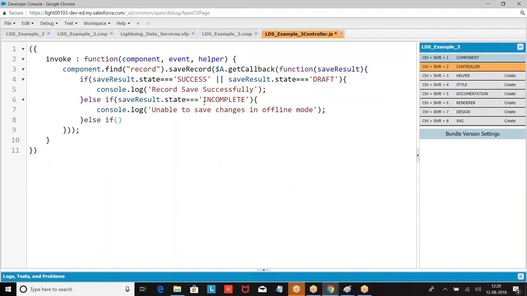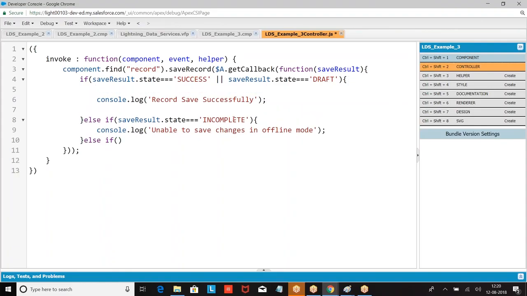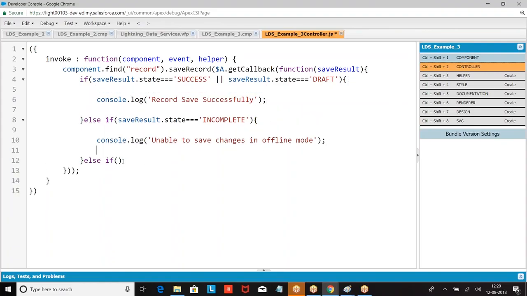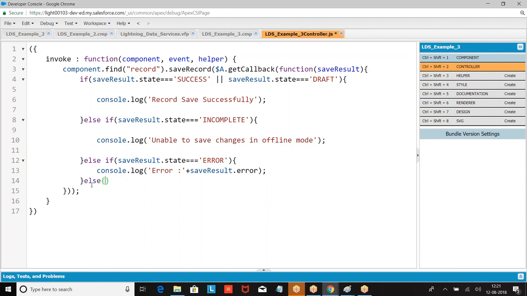Else if saveResult dot state is error. No else, this means anything apart from this is an unknown error.